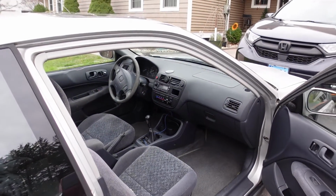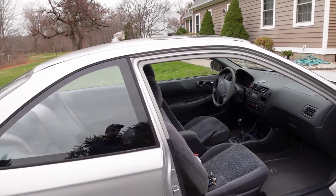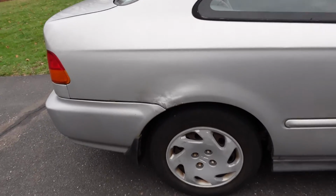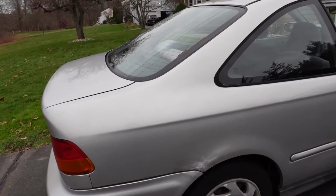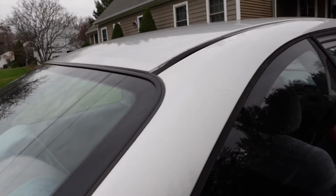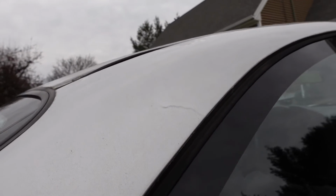But yeah, that's the overview of this thing. This is pretty much the extent of the car. I'll pop the hood now, but it's got some quarter panel rot, as they all do. This one looks like it's been filled before. There's some Bondo in there. This whole quarter was repainted. You can tell by the runs here and also over here. So it's probably hard to even see those runs, but